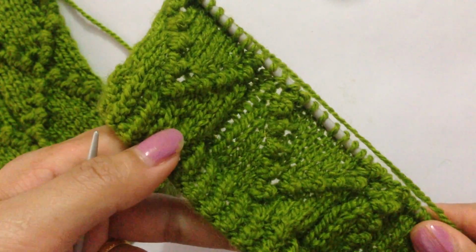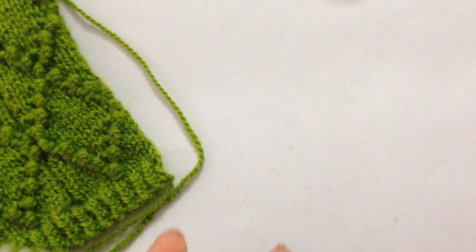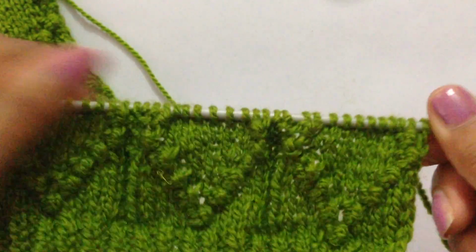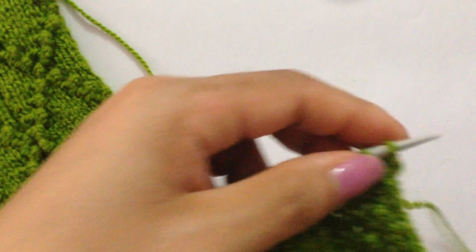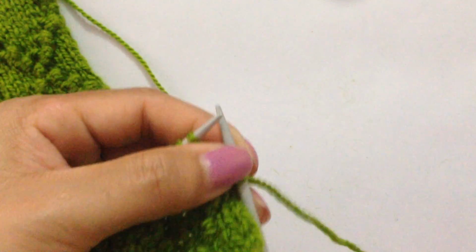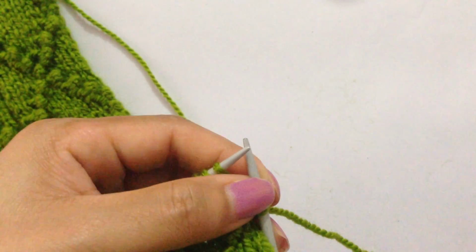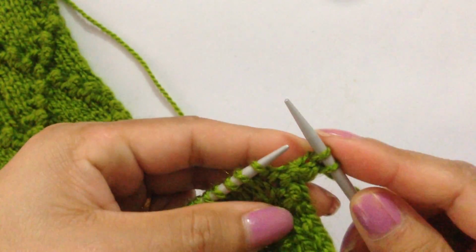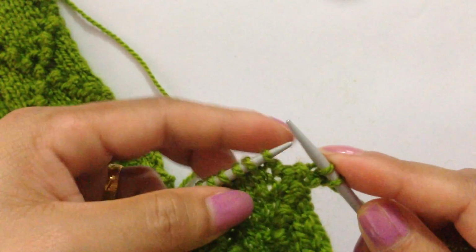And for row 12 we're going to knit on knit and purl on purl, and row 13 we're going to knit 1, and now we're going to start the repeat. We're going to knit 1 and we're going to make a small bubble here,